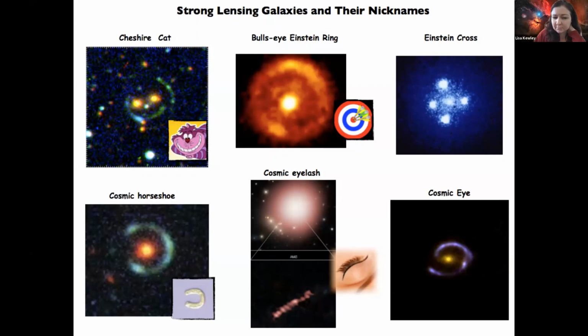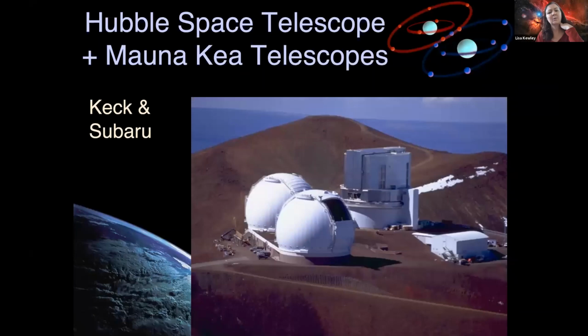These days, with supercomputers and very good observations of the galaxy cluster, we can estimate very accurately the effect of the gravitational lens on the image of the galaxy. We can actually correct all that out. So we look at these gravitational lenses with the Hubble Space Telescope, and also the biggest telescopes in the world, including the Keck and Subaru telescopes. I used the Keck and the Subaru telescopes in Hawaii to do my studies on oxygen.